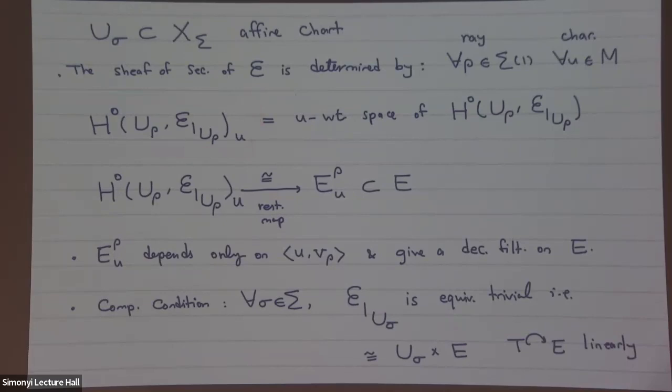If you have a U weight section, it's determined by restriction to that distinguished fiber over identity. So by restricting the U weight section over the chart rho, you get a subspace of your distinguished fiber, and this image I call E rho U, and these subspaces as U changes become a filtration. Basically, they depend only on the dot product of U with the primitive vector, so you get a